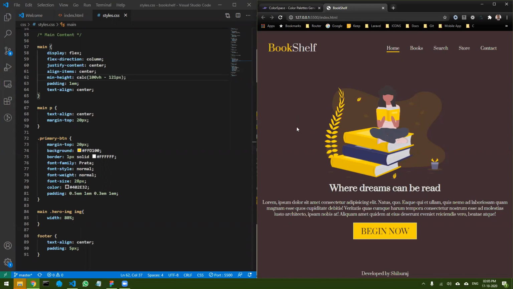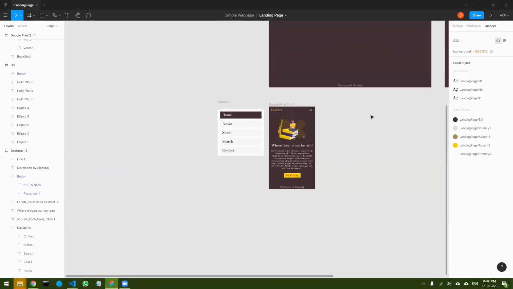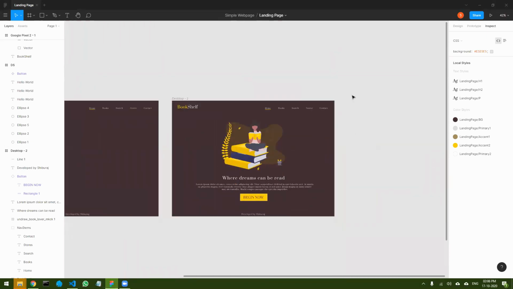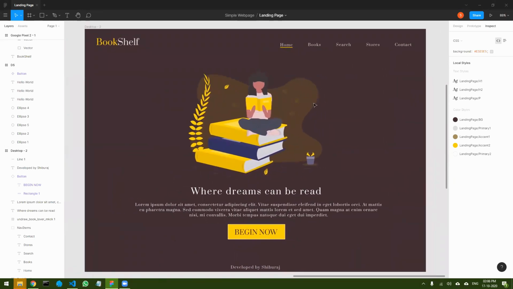Hello everyone, welcome back to the fourth part of this series where we are designing this website landing page for the bookshelf page that we designed in the first part in Figma. Let me just show you the design that we had designed before. This was the design that we have done, and we had tried to replicate this in the last video,